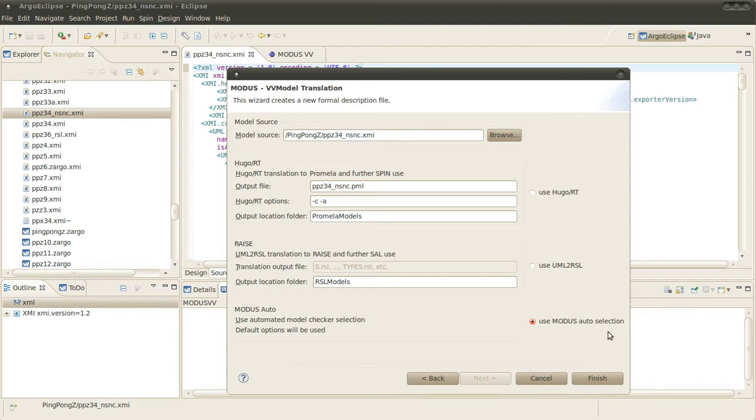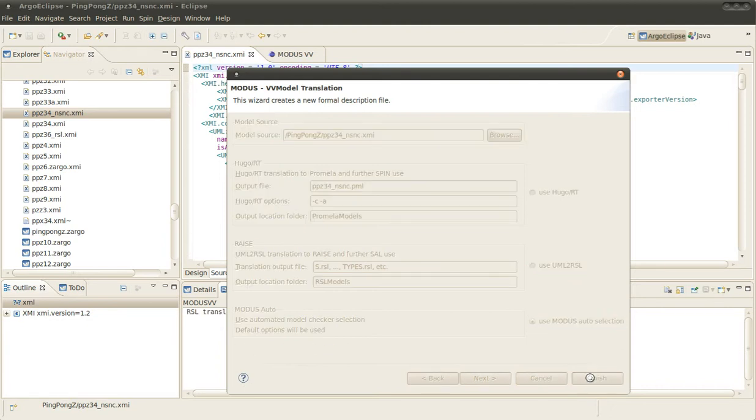For the model selected here, choosing this or this option will have the same result as the auto selection algorithm, which for the type of diagram I have selected will use UML to RSL. Let's assume we want to use the auto selection method. We click finish,